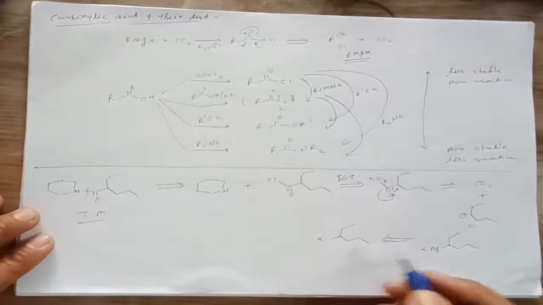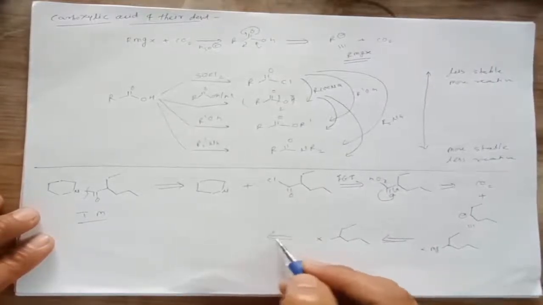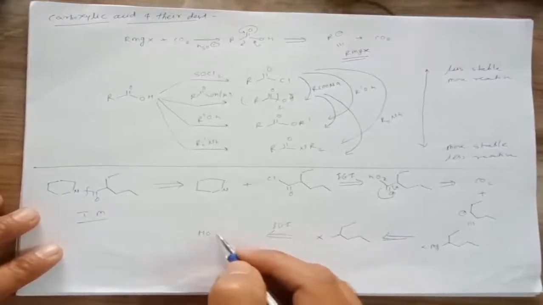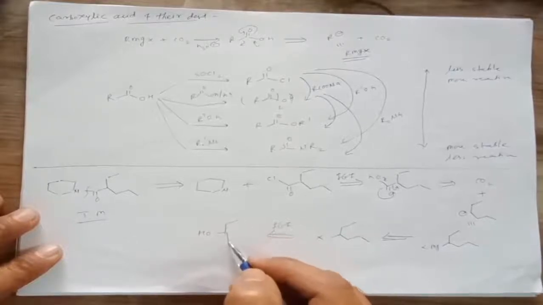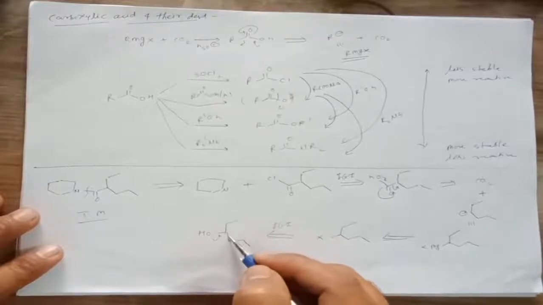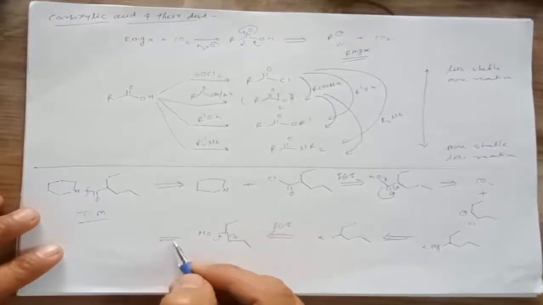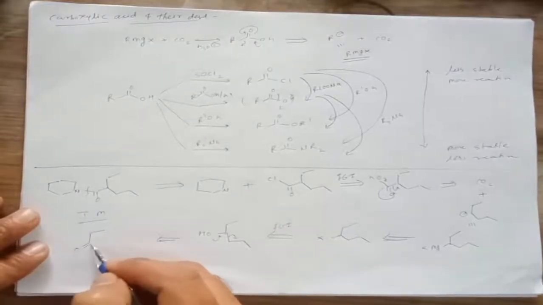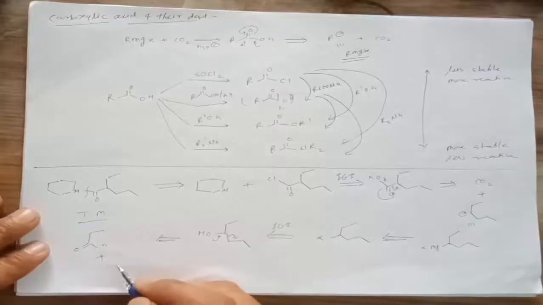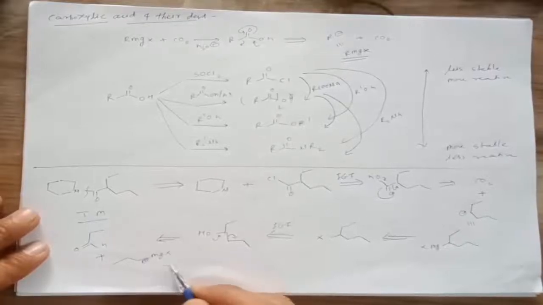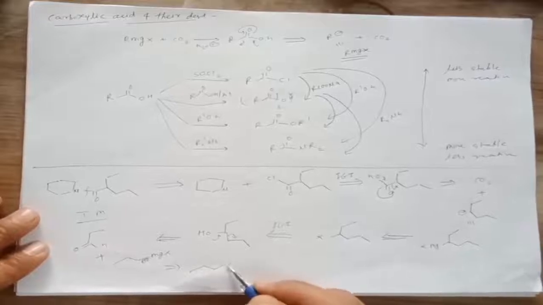Now this alkyl halide is not available, therefore we can again convert it by functional group interconversion, which gives an alcohol. Now we can break this molecule again at this position, and from one side we can make it an aldehyde, and from the other side we can take a negative charge. Therefore it gives an aldehyde like this, along with propyl magnesium halide, and it can be taken from propyl halide in this way.